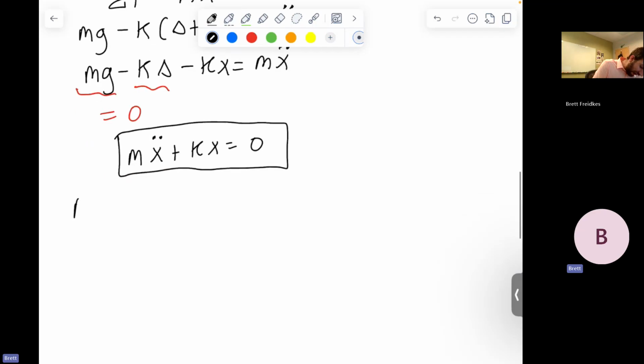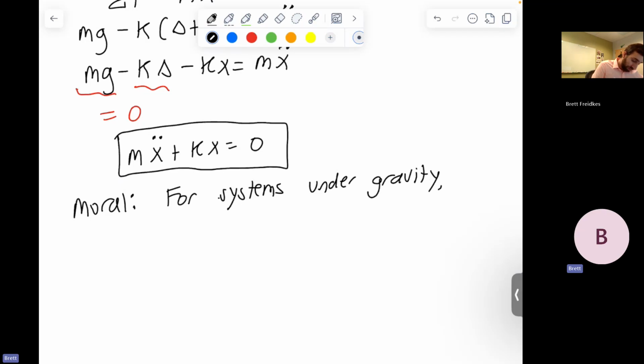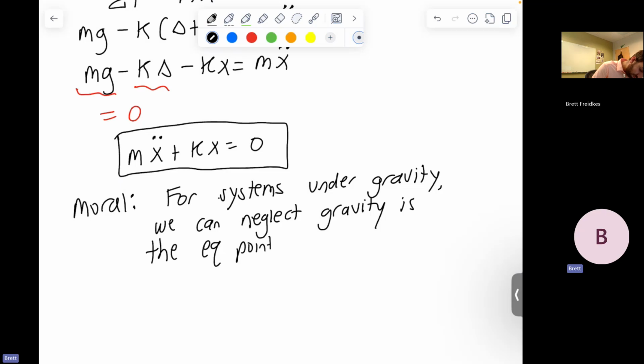Now, the moral, why I care about proving this, is that for systems under gravity, or experiencing gravity, let's say for systems under gravity, we can neglect gravity if the equilibrium point is measured or is located at the